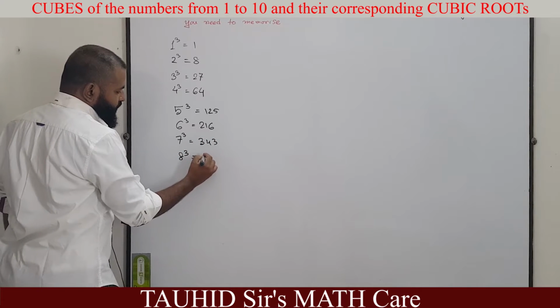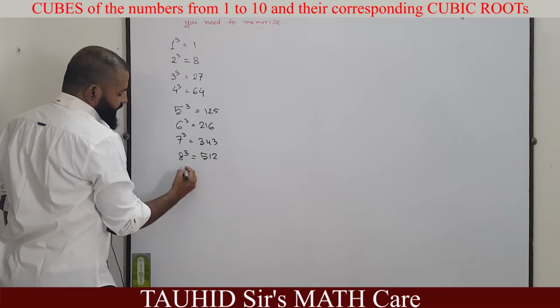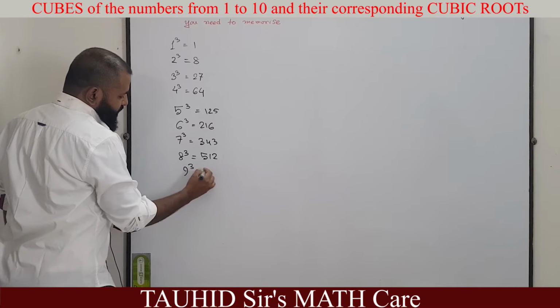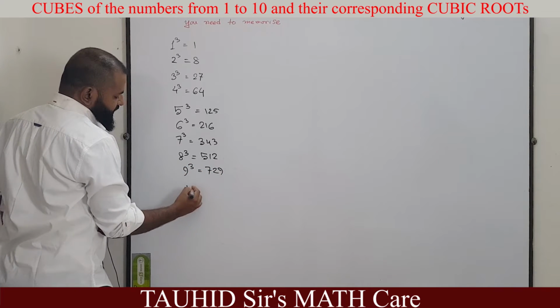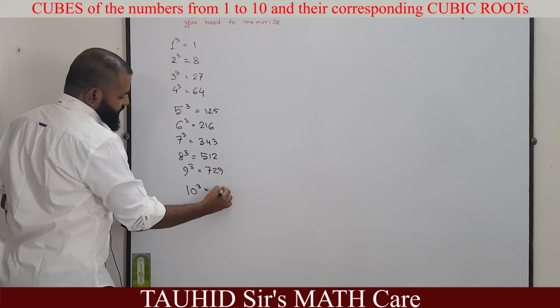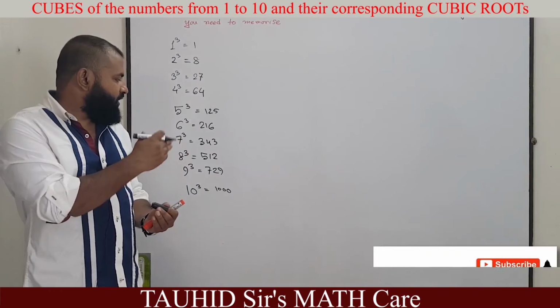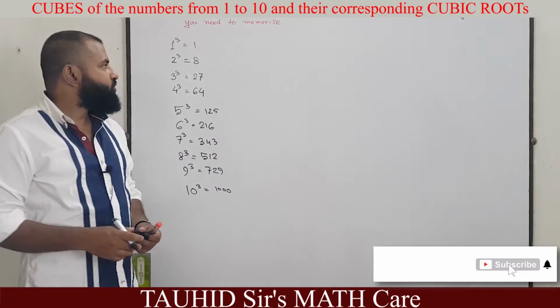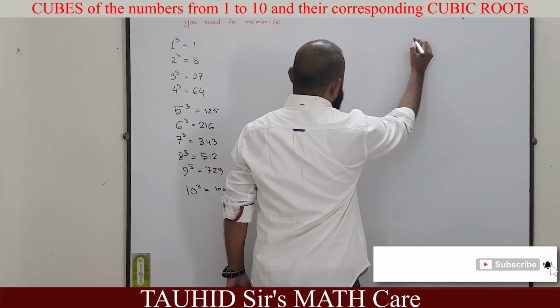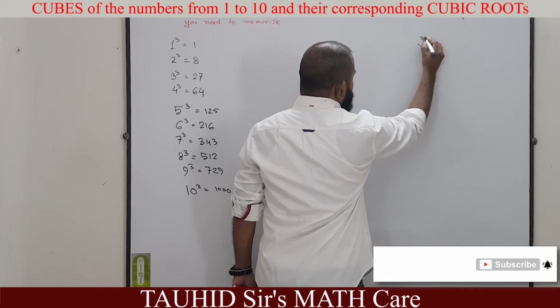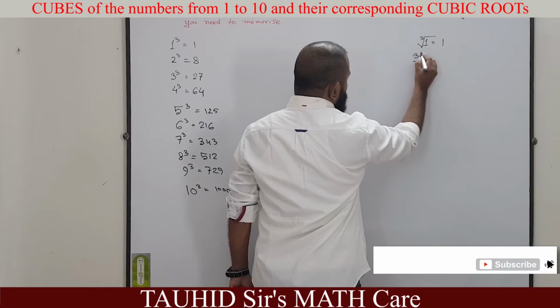cube equal to 512, 9 cube equal to 729 and 10 cube equal to 1000. And cubic root is the exact reverse operation of cube. So in case of cubic root, we will write cubic root of 1 equal to 1, cubic root of 8